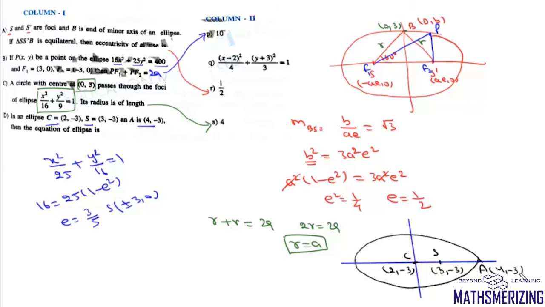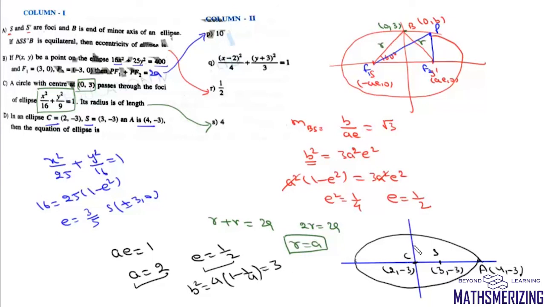But we know that relationship between distances doesn't change. So if we find distance between focus and center, which is A into E, A into E in this case is simply 1, and distance between center and vertex is A. So A in this case is simply 2. Now we'll put the value of A. If A is 2, then the value of E is 1 by 2. So now we have A and we also have E. With A and E, we can find B. So B square is A square, which is 4, into 1 minus E square. So value of B square is simply 3.